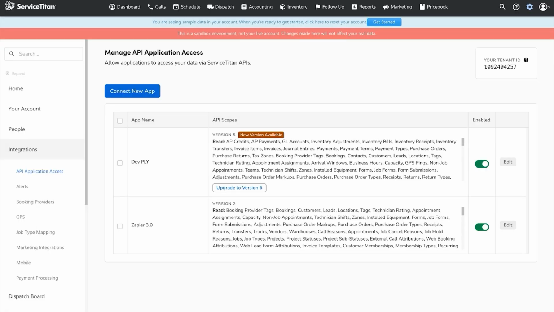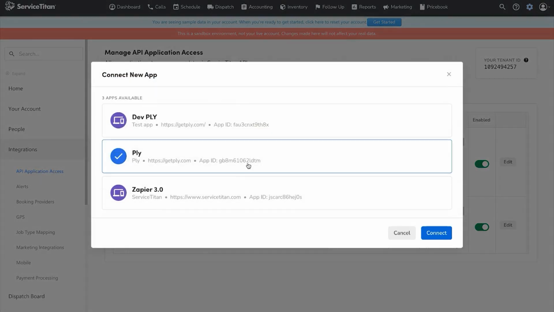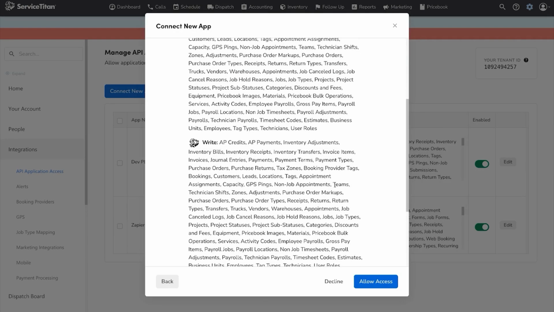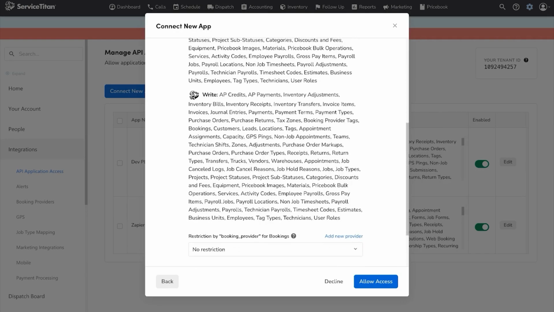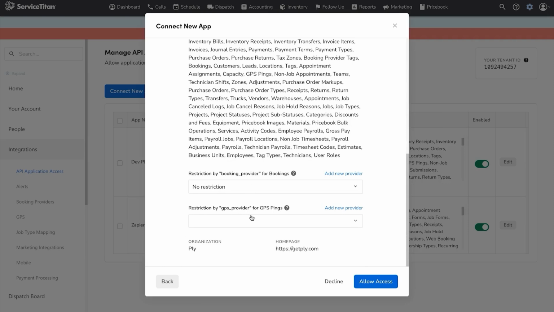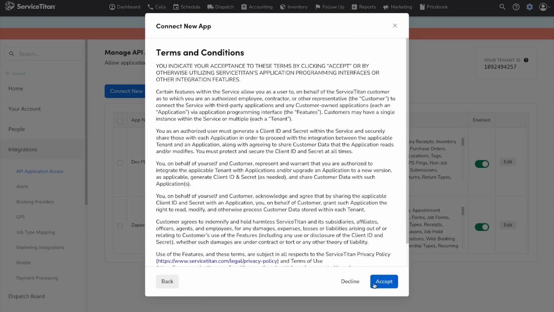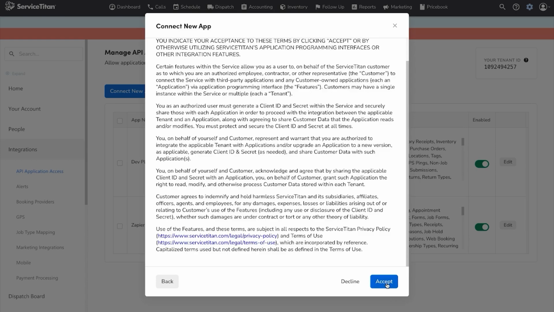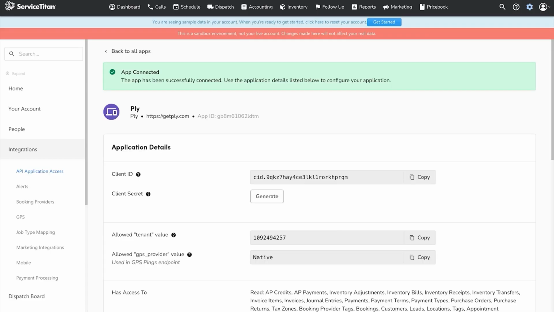So we're going to head back over to ServiceTitan, and click Connect Now, and you'll choose Ply to connect a new app. When we hit Connect, it's going to show you a number of things that Ply is going to be able to access. You're going to allow access and accept the terms and conditions. Once you've accepted the terms and conditions, you're going to select the client ID here by hitting the copy button,